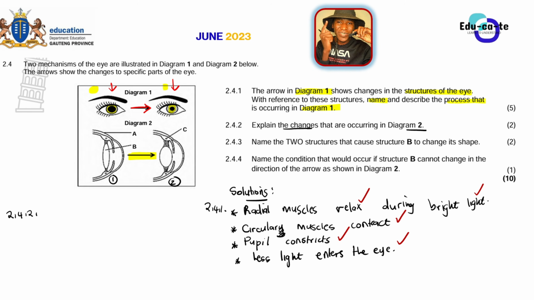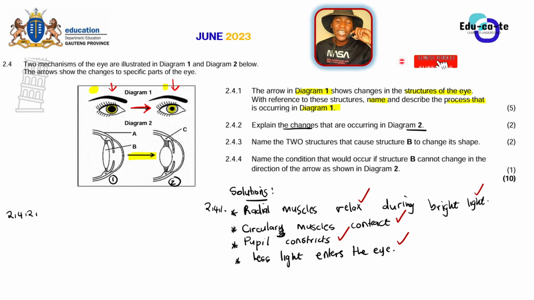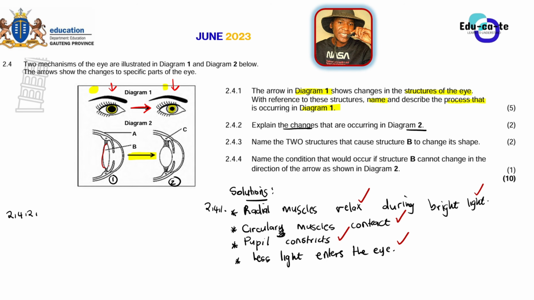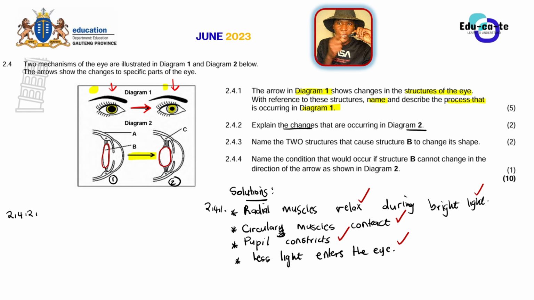So the moment you see this, you need to know that basically we will be focusing on the lens. On the pupillary mechanism, we focus on the pupil, whether it's constricting or dilating. But on accommodation, or on the side view, once you see a side view, focus on the lens. I've made a video explaining how the lens must look during certain conditions of accommodation. So here, according to this diagram, you can see that in diagram 1, this is our lens, and then in diagram 2, this is our lens. You can see that there's a notable change in the shape of the lens.